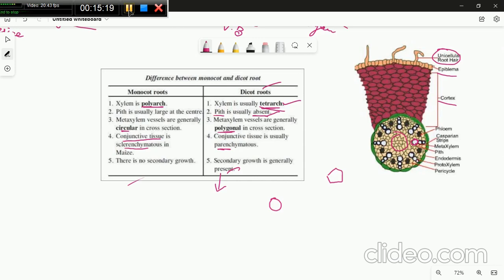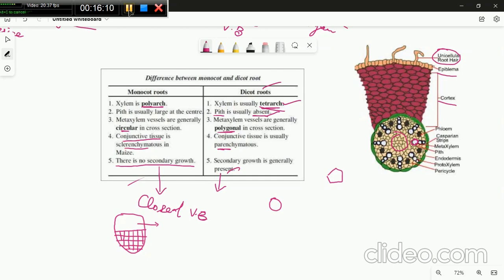And at the same time there is no secondary growth. That means what will the vascular bundle be? So just guess. I will pause for some time. The vascular bundle is going to be closed. So the vascular bundle is going to be the closed type of vascular bundle, because there won't be production of cambium. The cells are going to be arranged like this, and the xylem and phloem will meet each other easily. So there won't be any kind of cambium present. Only if cambium is present is secondary growth possible,